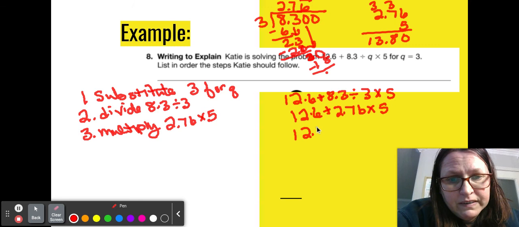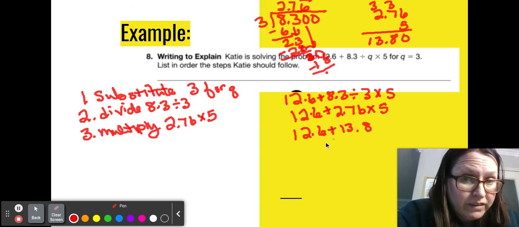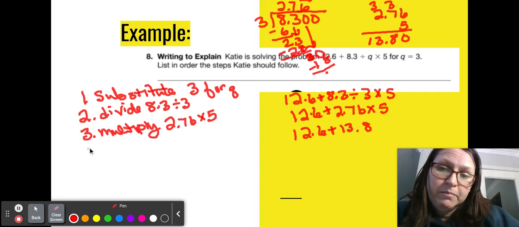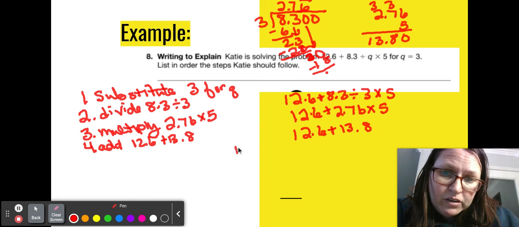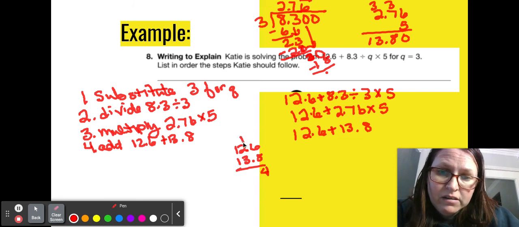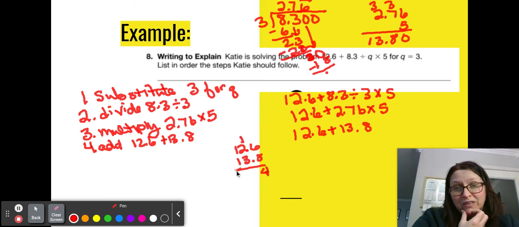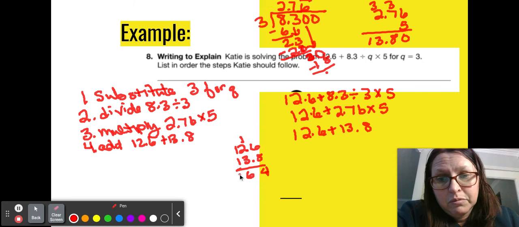So 12.6 plus 13.8. Excuse my dogs. So now my last step is I add 12.6 plus 13.8. 6 plus 8 is 14. 2 plus 3 plus 1 is 6. 1 plus 1 is 2. Bring my decimal down, and my answer is